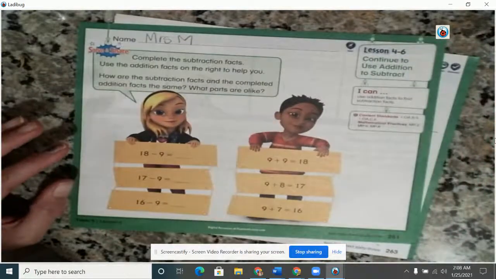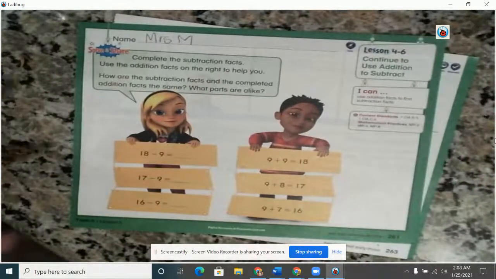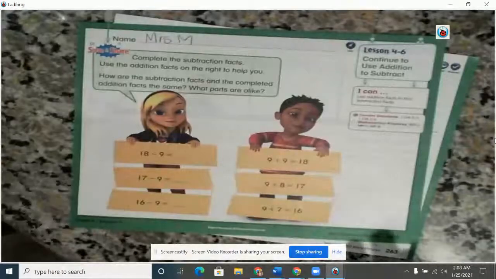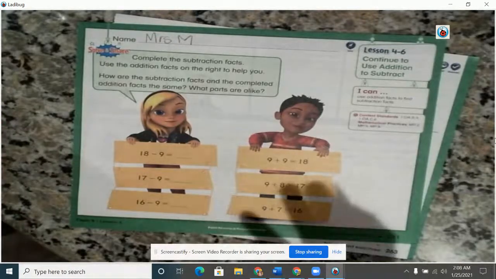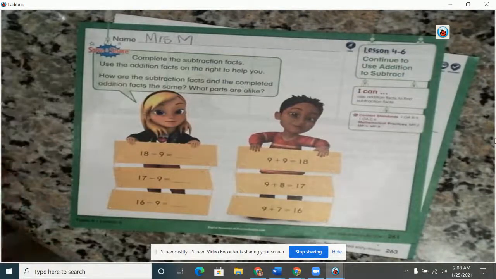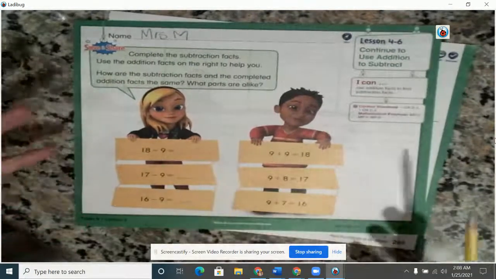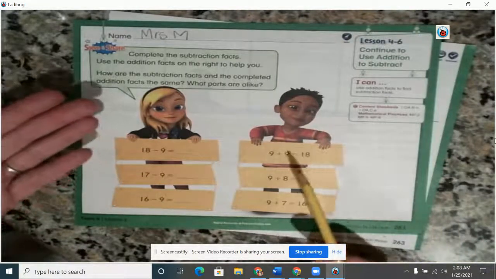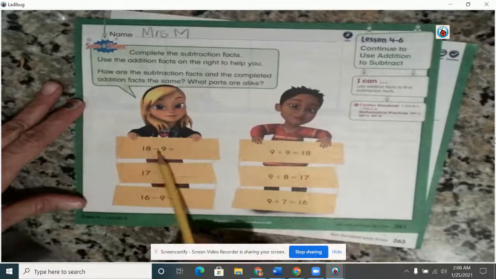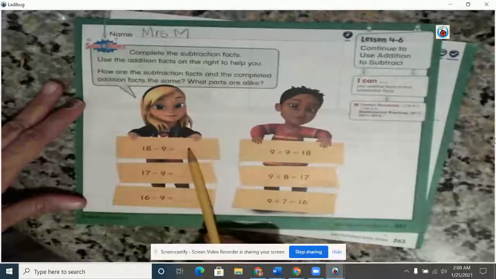And we are looking at, again, using addition and subtraction together to help figure out which parts and which wholes we are going to be using and in what order. And so here they're looking at, hey, what do these have in common? We have 9 plus 9 equals 18, and then we have 18 minus 9 equals,